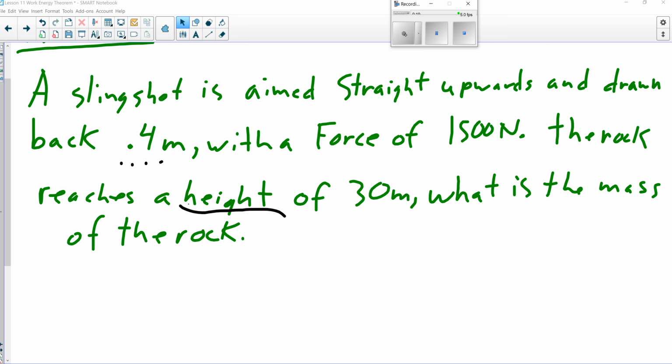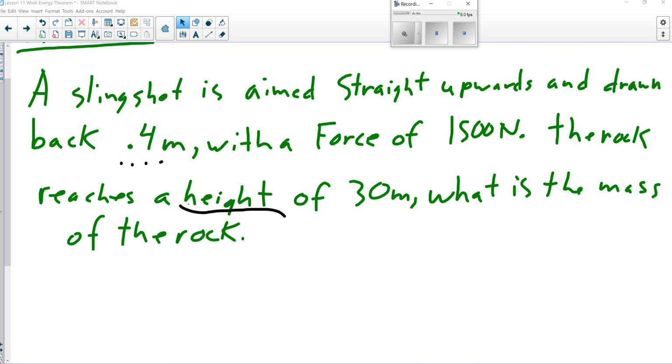Okay, plus in this question, it makes it a little bit easier because it says the final height is 30 meters. It says it reaches a height of 30 meters. So we know that that's a height. So we shouldn't get too confused over that, but it is something that I see. It's just a matter of getting the hang of reading the context of a question. So, I know it's shot straight upward. There's no mention anywhere in here about speed. So this is a change in